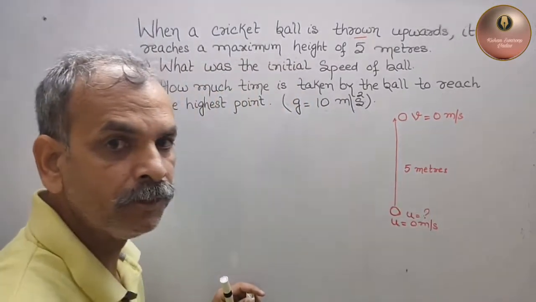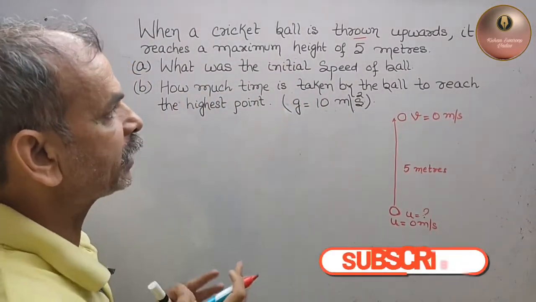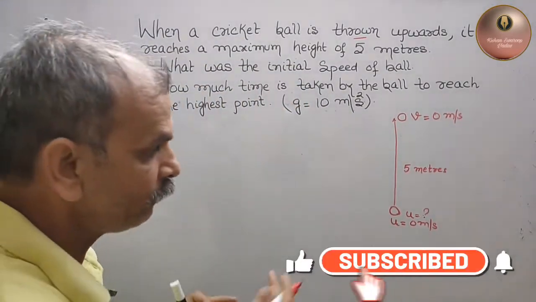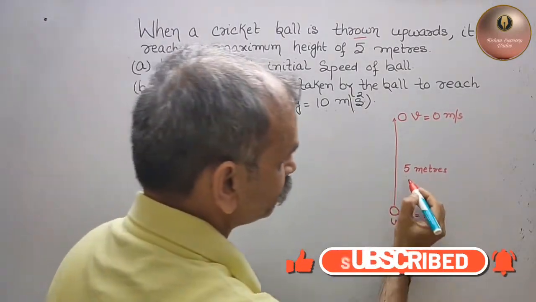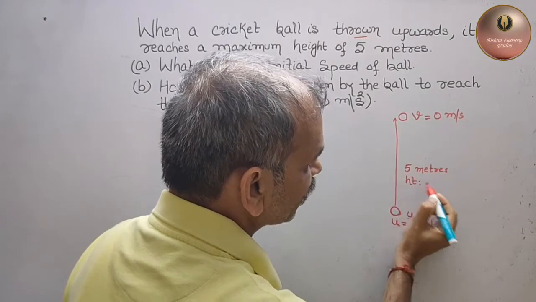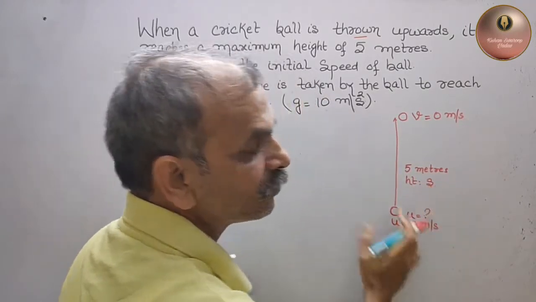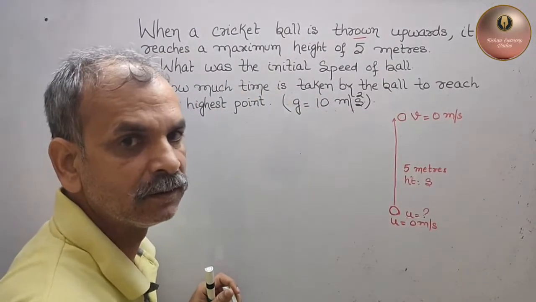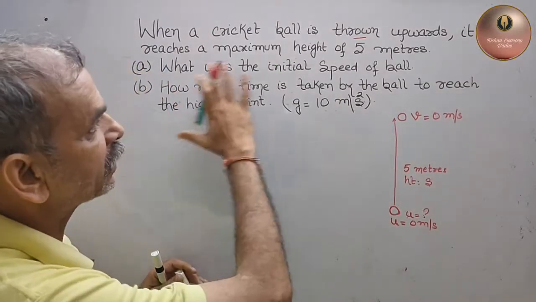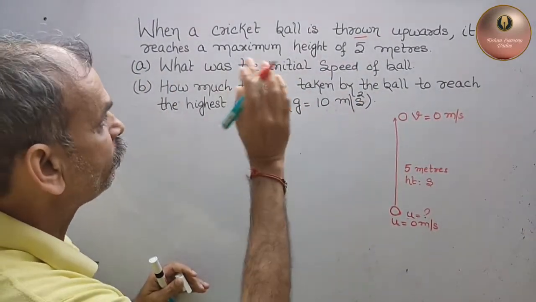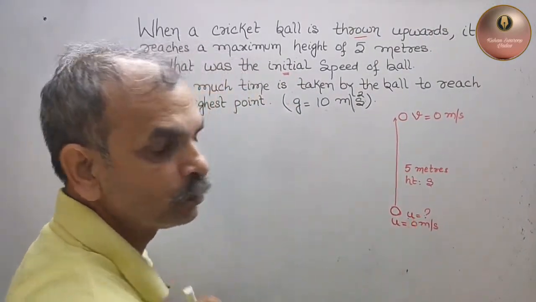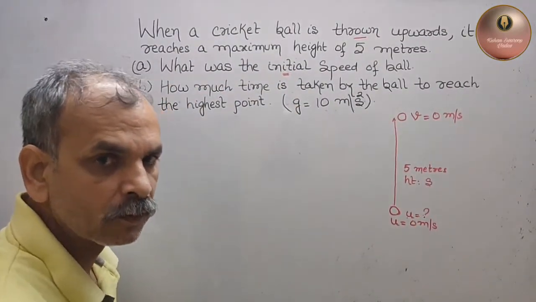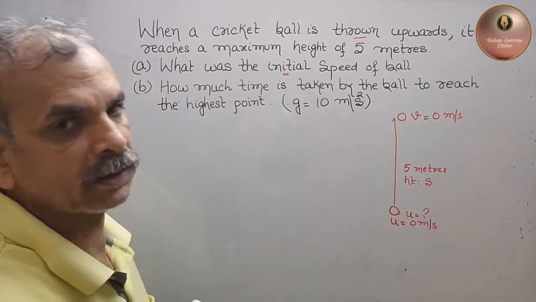ठीक है? And look, what has he said, we have to find out the v. They have given the height, or you can say it's a distance which they have traveled. अब देखो और कुछ कहा है इसने, no, nothing. We have to find out the initial, that means u. तो हमारे पास में we have formulas.